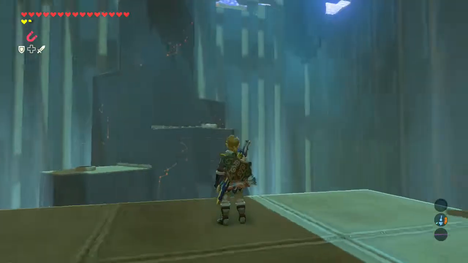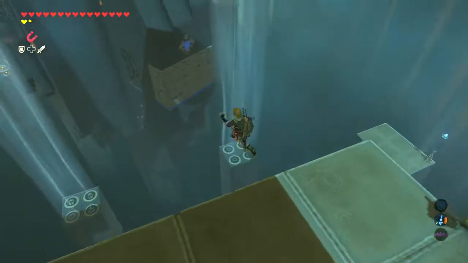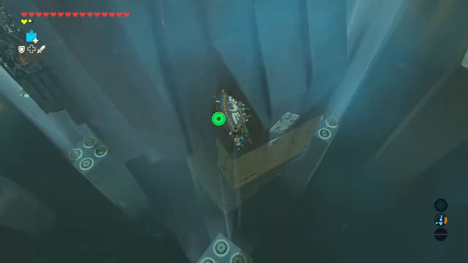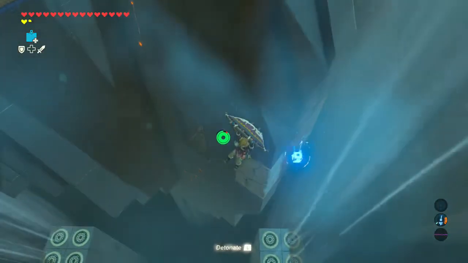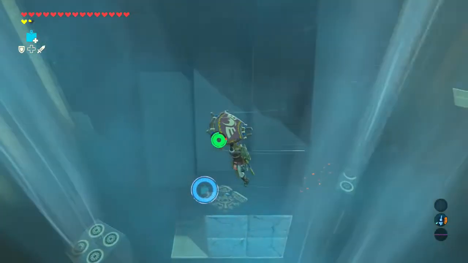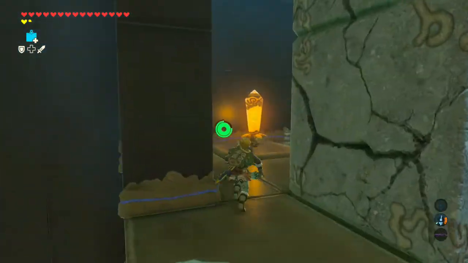So, essentially, what this shrine is all about is activating switches that will allow you to get up higher and essentially get to the top of this area. It'll activate wind currents. It's not too difficult to do. That should be perfect. That's good enough, actually. I should be able to walk in here now. Yep, easy.